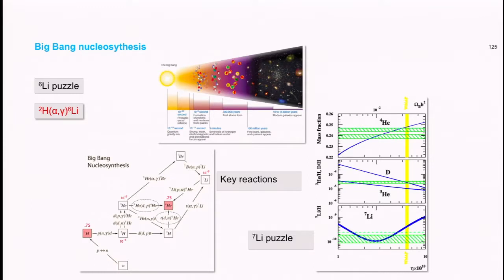Now let me talk about lithium-6. This was covered by Gabriel, so I will not go into that. In general, the Big Bang produces the light nuclei, and the predictions basically agree with what is observed. Although for lithium-7 you are predicting about 3 times more than what is observed. But then there is also lithium-6, which is underproduced by 5 orders of magnitude. That's a big discrepancy, but then people say we cannot really measure that, so maybe the measurement is wrong. So, just as an intellectual exercise, we can look at this,